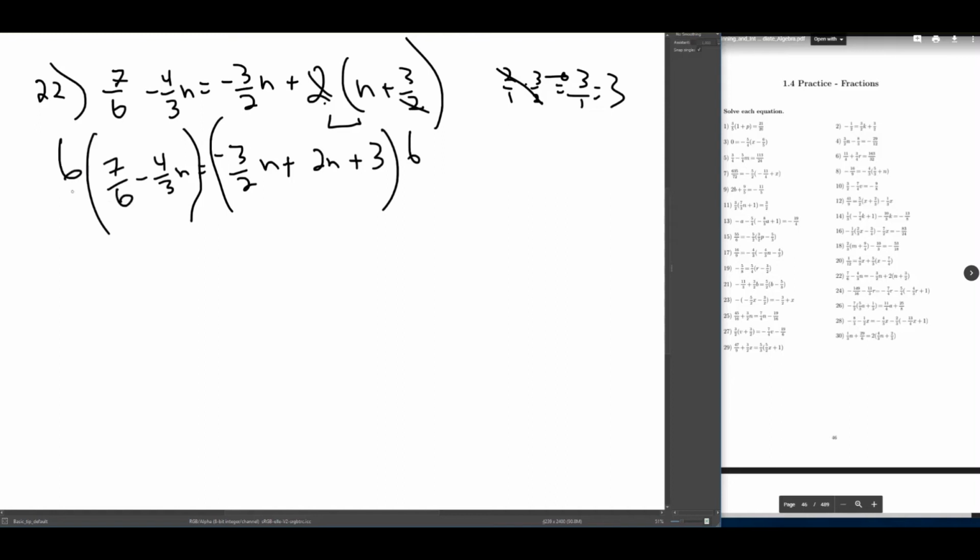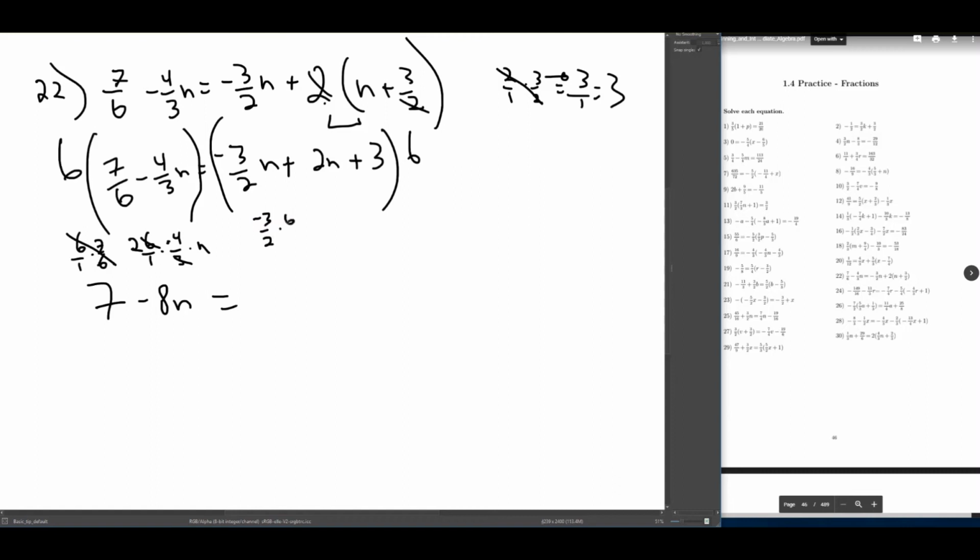So let's do this one by one. 6 over 1 times 7 over 6. I'll cross that out and I'm left with 7. 6 over 1 times minus 4 over 3 times n. If I eliminate this guy, I'm left with 2 here. 2 times minus 4 equals minus 8 times n equals, bueno,